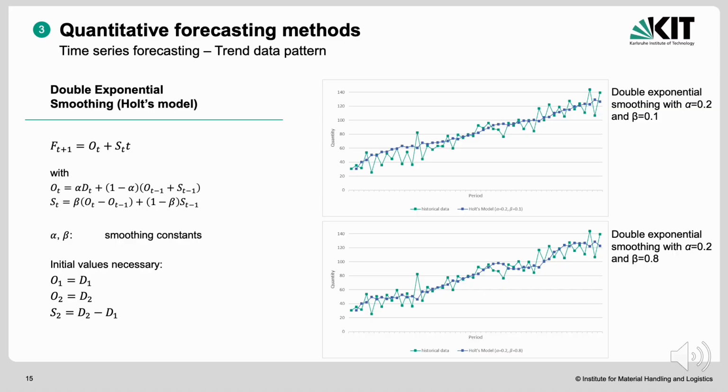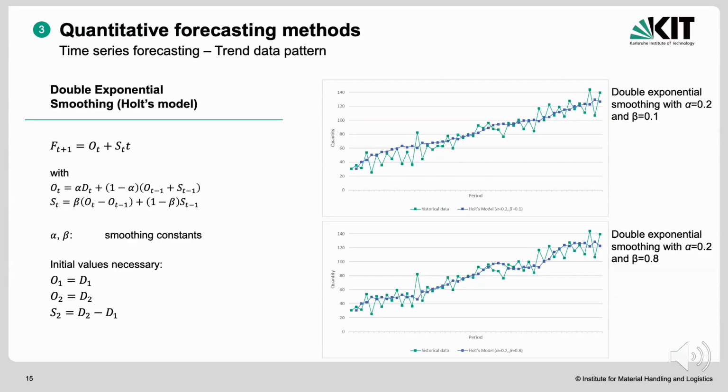You see that the lower curve with the higher beta is much more curvy and much less linear than the upper curve. So in this case, we use the data and two smoothing factors,